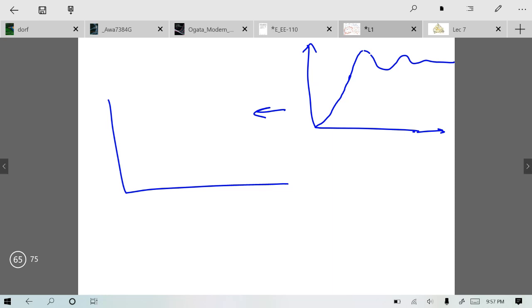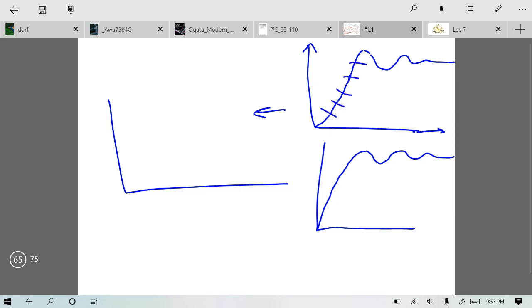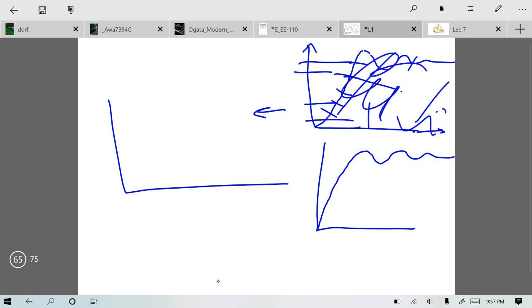So at this point in time you have a larger slope which is being reduced. That is why I was trying to erase, because initially the slope is greater and eventually it is reduced. So this can be the actual response. This is not the case. So initially the slope is greater, which is eventually reduced when you reach the peak value. So this is your C of S, which is the response of the system.